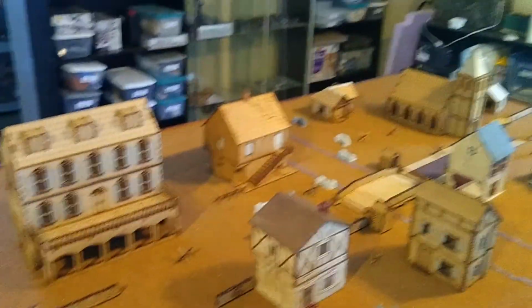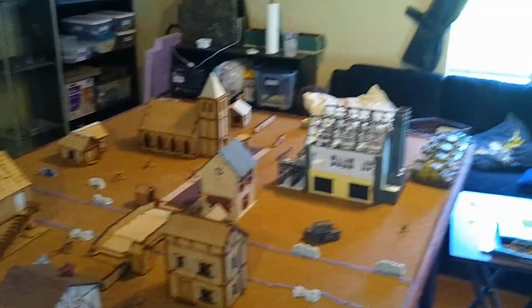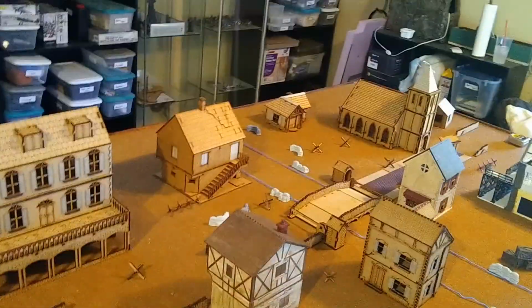Normally, you use the long edges for the starting sides, but we kind of like using the short edges. This is a 4-foot by 6-foot table, so...